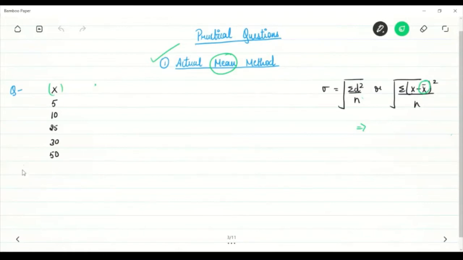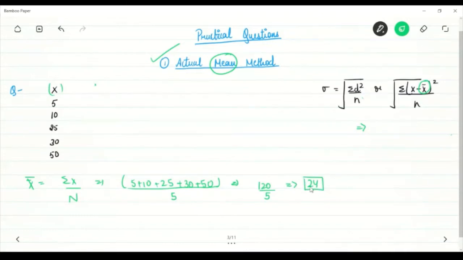So, what was the formula to calculate mean? The formula was the sum of all the observations upon the number of observations. So first write down mean equals sigma x upon n. How to calculate sigma x? We will add all the values in the observations. So 5 plus 10 plus 30 plus 50 divided by n, that is 5. I am calculating these values with the help of the calculator, and the value that we will get here will be 120. 120 divided by 5 will give us 24 as the value of our mean.